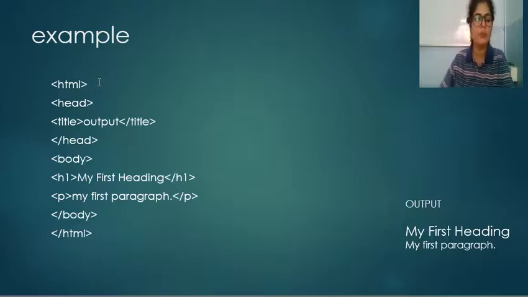I will show you by taking example on the desktop. So you have to double click that code. When you double click on that code, it displays you output. Output will display by browser. So you can run this code by using any of the browser like Chrome, Internet Explorer, Mozilla Firefox, any of the browser you can use. So first I will explain you the syntax structure of HTML, then I will explain you how to execute it so that you can execute at your home.